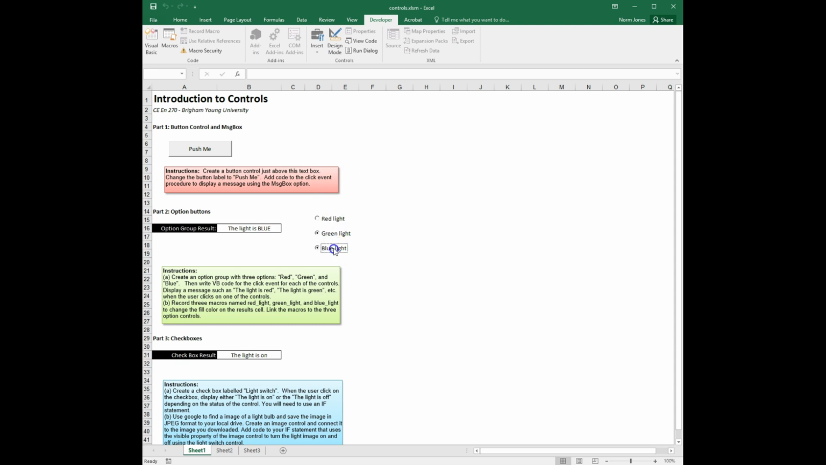When we click on each of these controls, the message that we coded in there is properly displayed in cell B16. So that's how you create option controls, and that's how you can use them to direct input or automate input to certain cells. You can do other things as well, but that's one way to use it. Now, part B of this